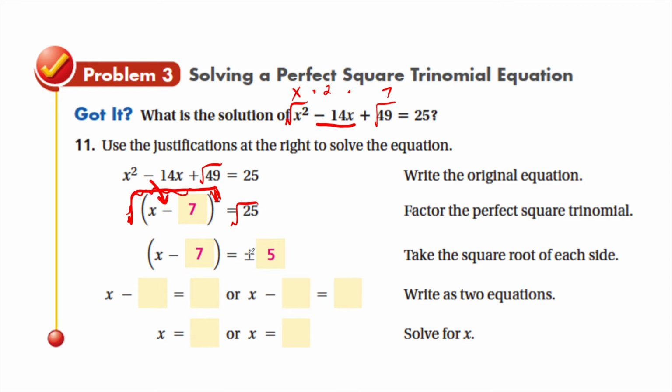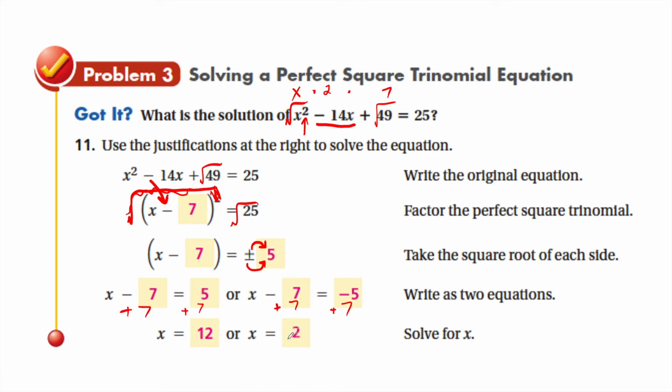But when you have a plus or minus portion, you have to solve it out twice. You have x minus 7 equal to a positive 5, but you also have x minus 7 equal to a negative 5. So the plus 5 and the negative 5 create 2 different equations, which will give you 2 different answers, which is perfect because we need 2 different answers. In this case, I'm going to add 7 to both sides in the exact same way, and I'll get that x is going to equal a positive 12, and x will also equal